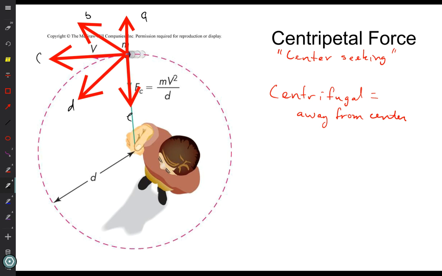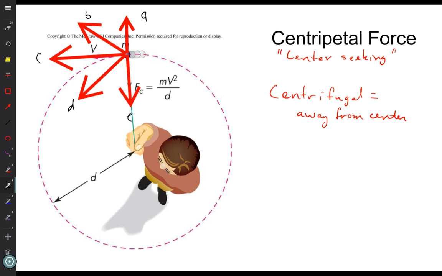Like the inertia, right? The name of it is inertia. Inertia is the name given to Newton's first law. It's the law of inertia, the law that says a thing will stay in constant motion unless a force acts on it to make it change its motion. So inertia is trying to make you go straight, not some force pulling you out. But you need a force pulling you in to keep you from going straight, and that's the centripetal force.